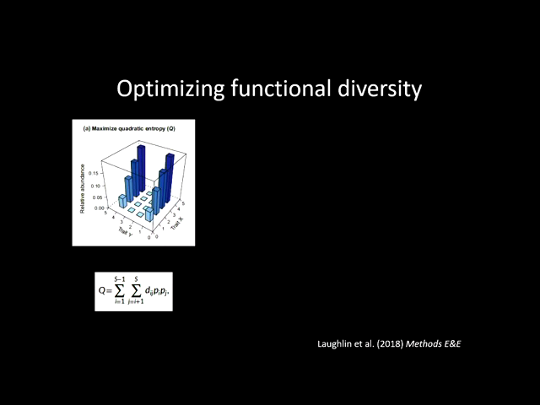Okay, so we're selecting species at the edges of the trait Y axis, but on the trait X axis we're selecting species that have